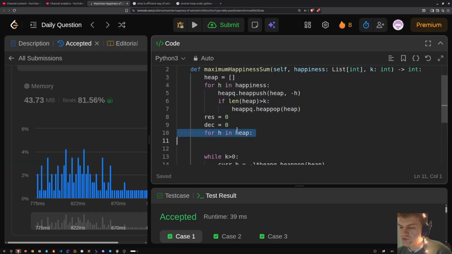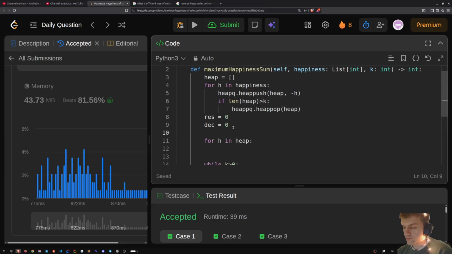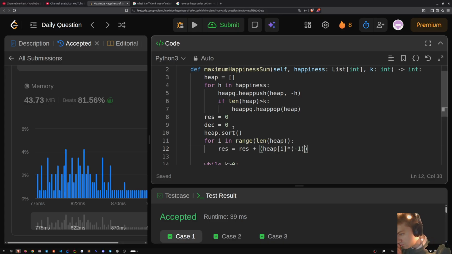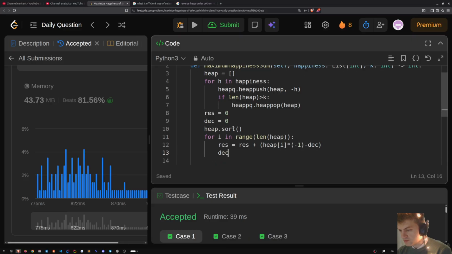So again, I'll do this heap sort. So sort is gonna be heap dot sort, and then for h in heap I'm gonna go res plus equal, say for i in range len heap, I'm gonna go result equals result plus heap i multiply by -1 minus decrement, and then decrement plus plus, and then and this one is if